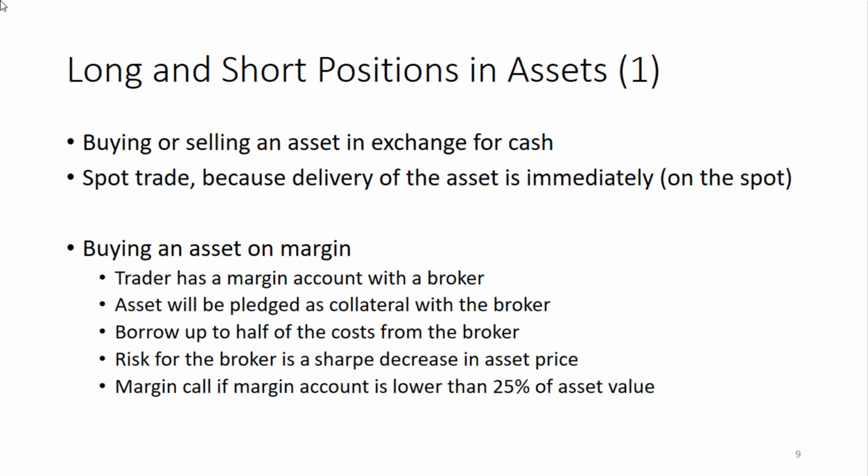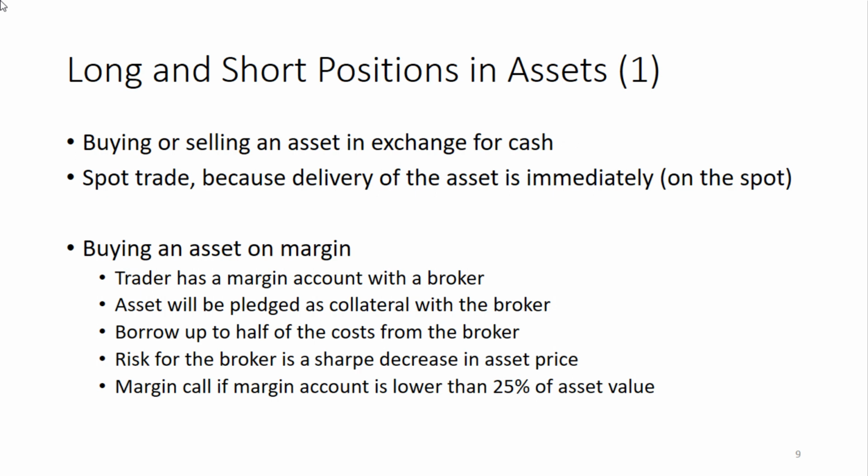what the broker will request is this: that's the margin account, but if the money that will be deposited there, so that's the half of the sales price, will be 25% or lower than 25% of the value of the asset, which could happen, of course, if the value of the asset drops once it's in the margin account, then there will be a margin call which says, well, you need to deposit extra cash in the margin account to ensure that there's sufficient money as a security.